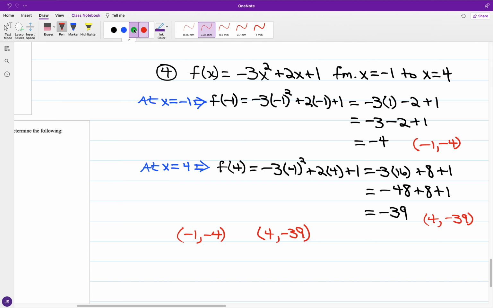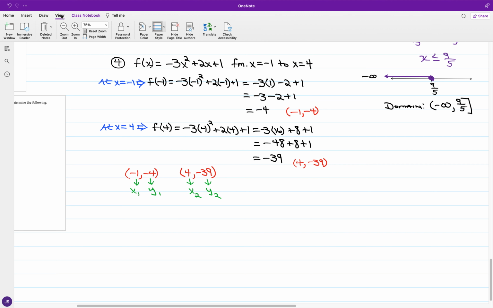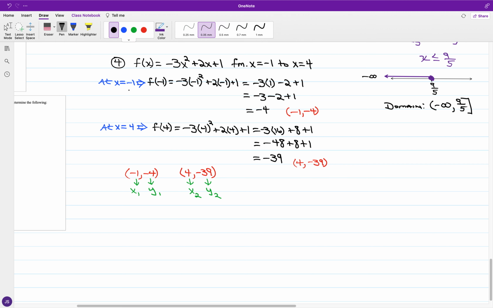We can designate these as the first and second x and y coordinates: negative 1, negative 4 is the first set of x and y values, and 4, negative 39 refers to the second set. So for the average rate of change from x equals negative 1 to x equals 4 for this function,